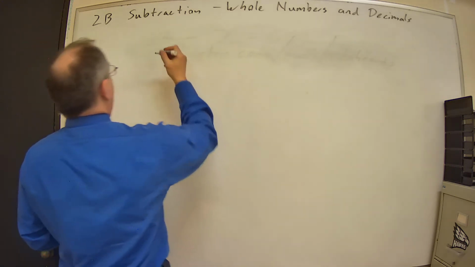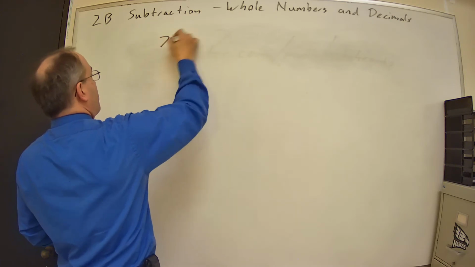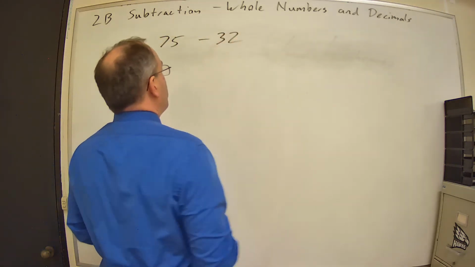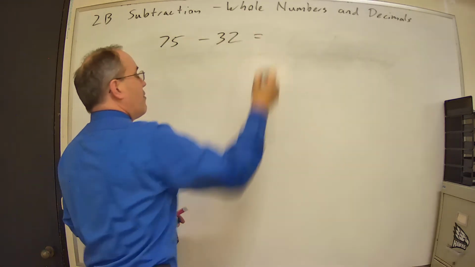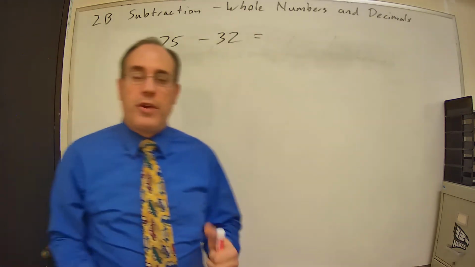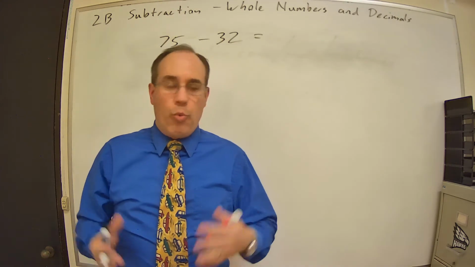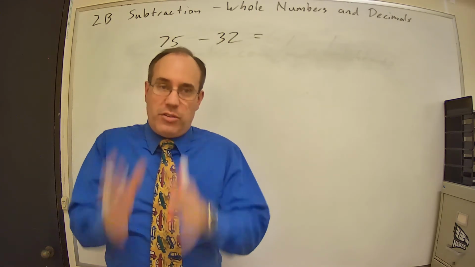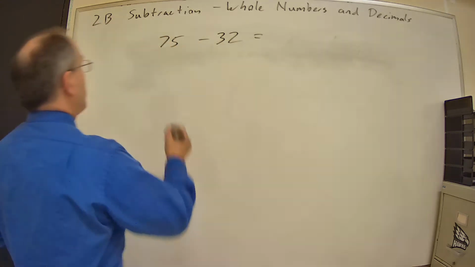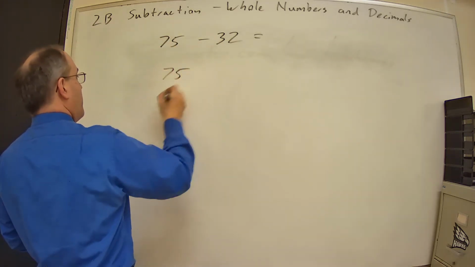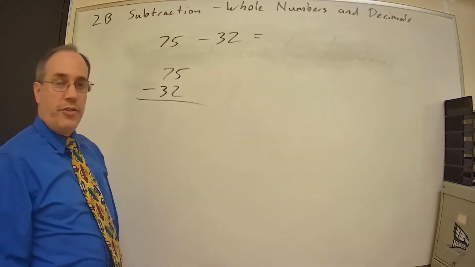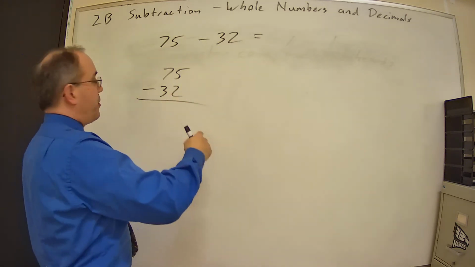What if I have 75 minus 32? So 75 minus 32. Now, subtraction, just like addition, we are going to stack them up, and line up the place values. So 75 minus 32. And so all I'm going to do is start with the ones place, or the rightmost column,